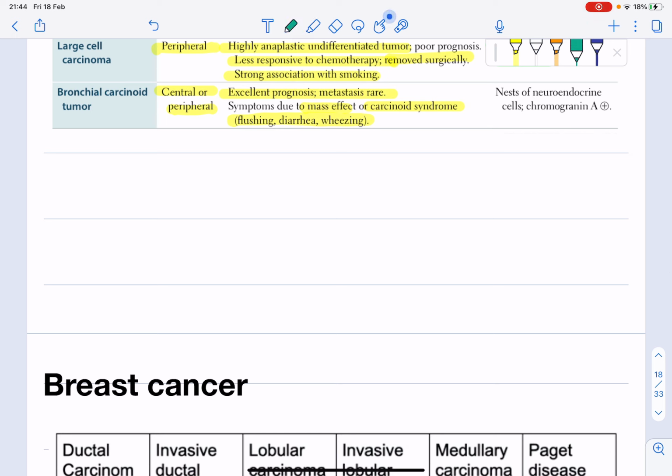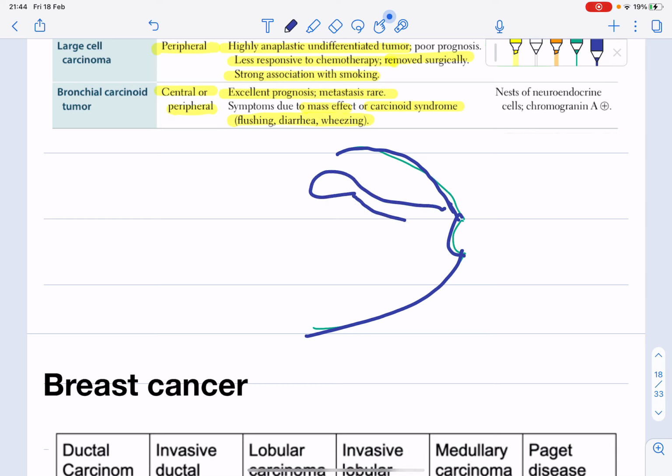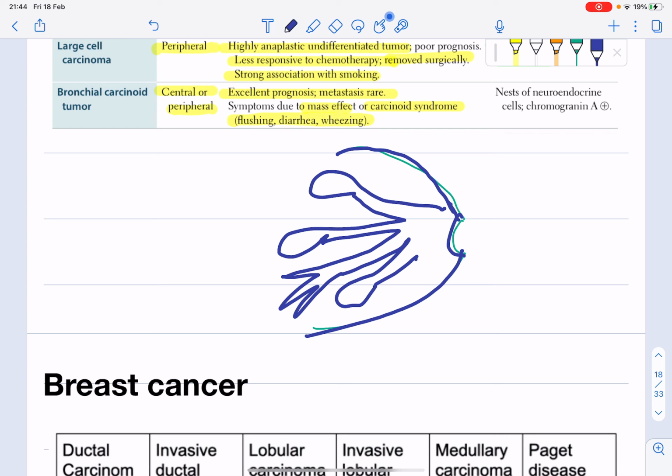One more thing just to realize, what are the differences between the ducts and the lobules? These are your lobules, and this is your duct in the breast. And here is another lobule, and here is a duct. So this is a lobule, and this is a duct. And basically,